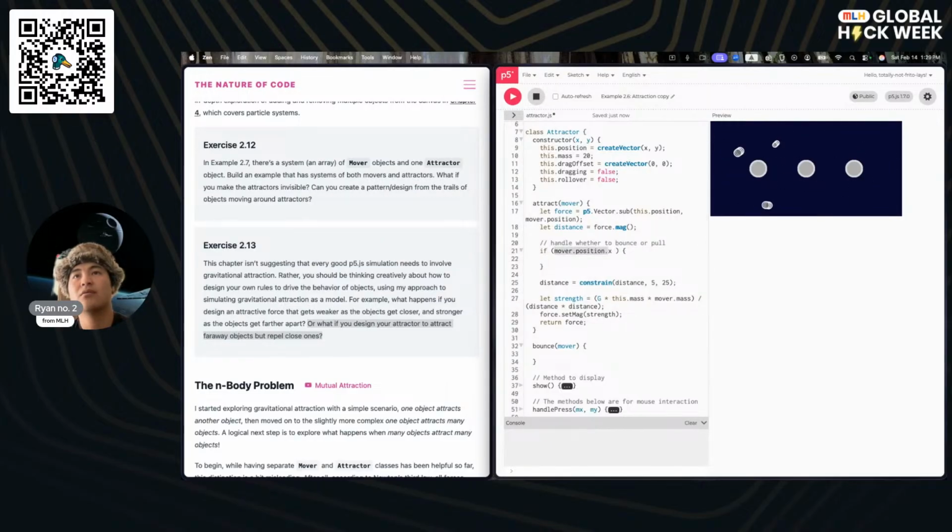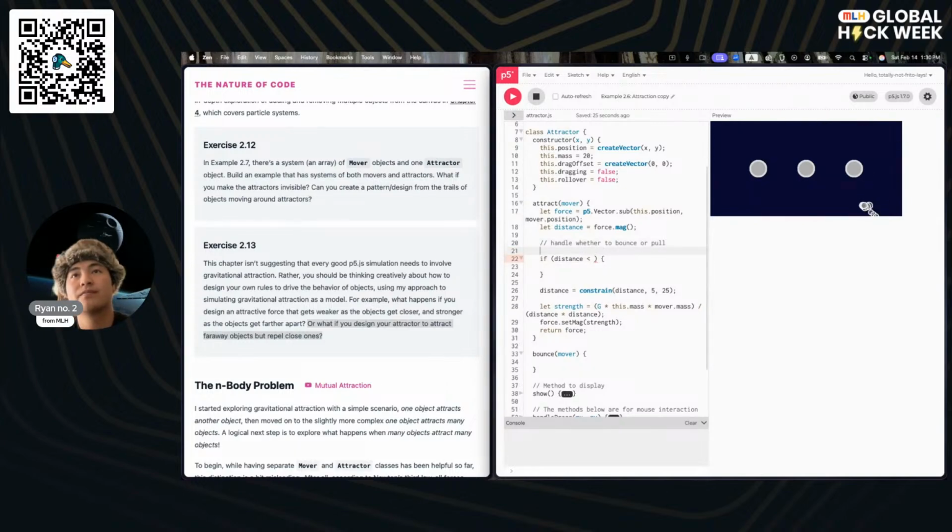So now what we can do is we can check to see if the distance is less than, I want to say, well, the distance is measured between the radius of the attractor plus the mover.